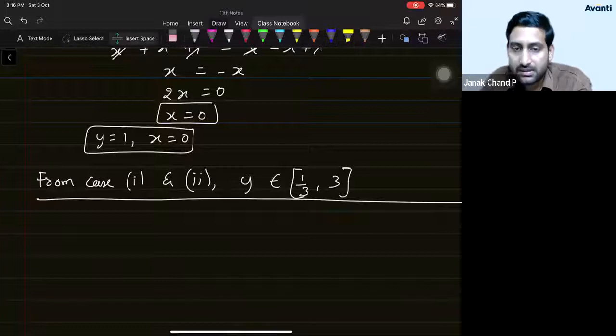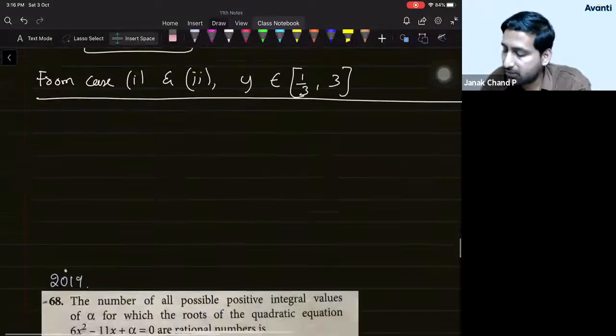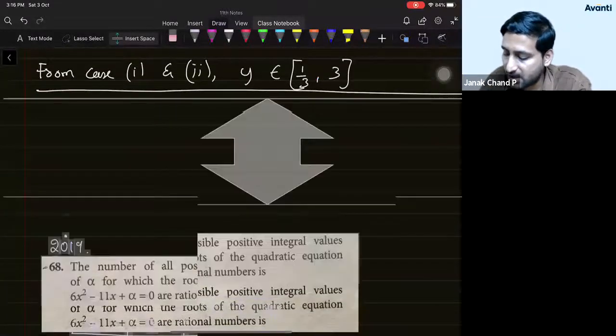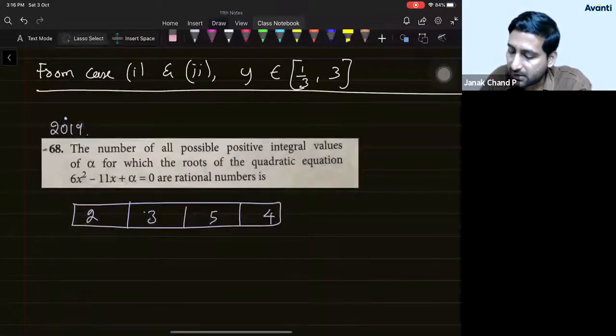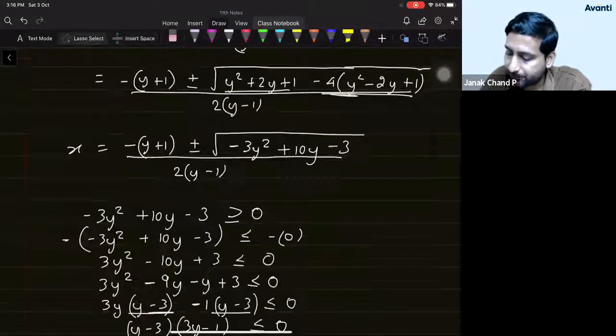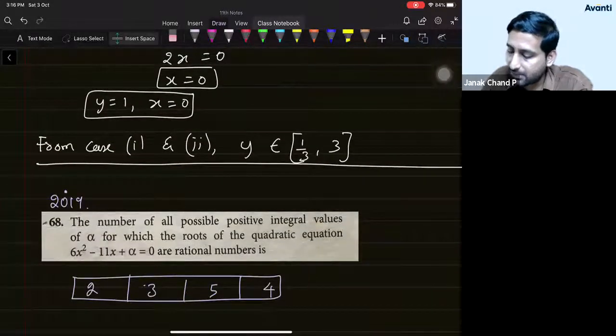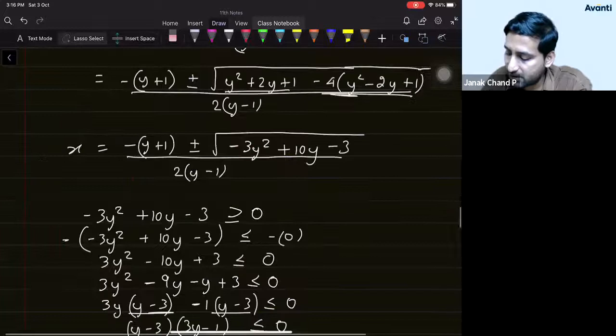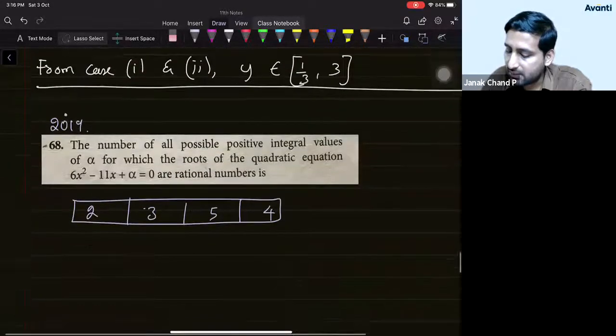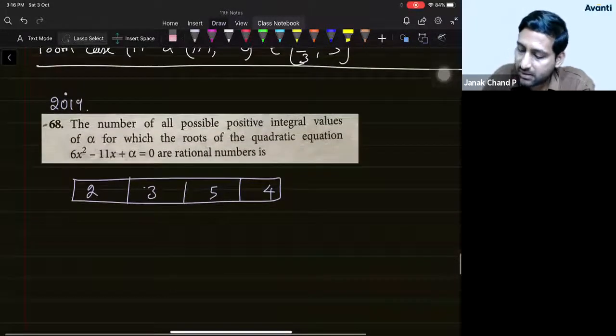Okay, now students, I think I will require another 5 to 10 minutes. There are some interesting previous year JEE Mains questions. So let us solve this, then we are done. Okay, the chapter is over. Let us wind up the chapter with some interesting previous year question. Okay, solve this. Read the question carefully and try to solve.